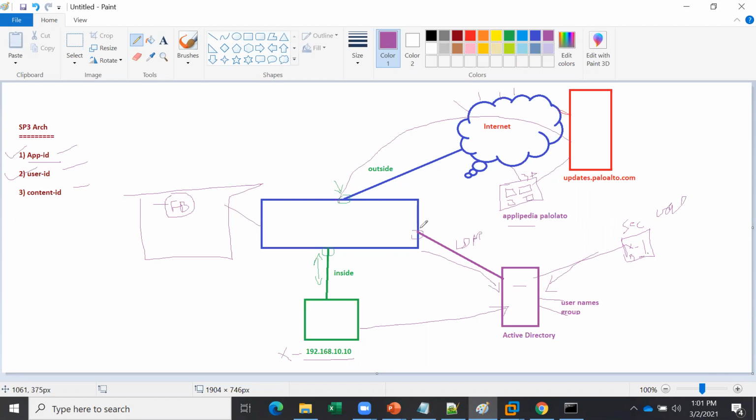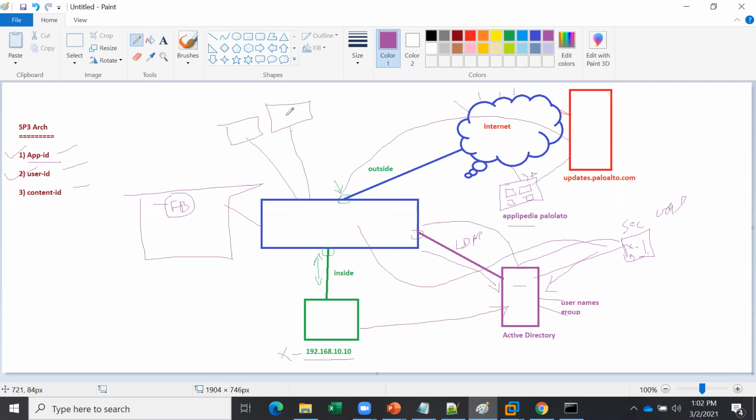So we have set some timer saying that our firewall, every 1 minute, will go to the LDAP server, and it has the access to read the security logs. Okay, X maps to this IP address, Y maps to this IP address, C maps to this IP address. These details, once you read this, it will come and store in its database. You understand? For app ID, there is a database. Similarly, for user ID, it will also maintain some database.